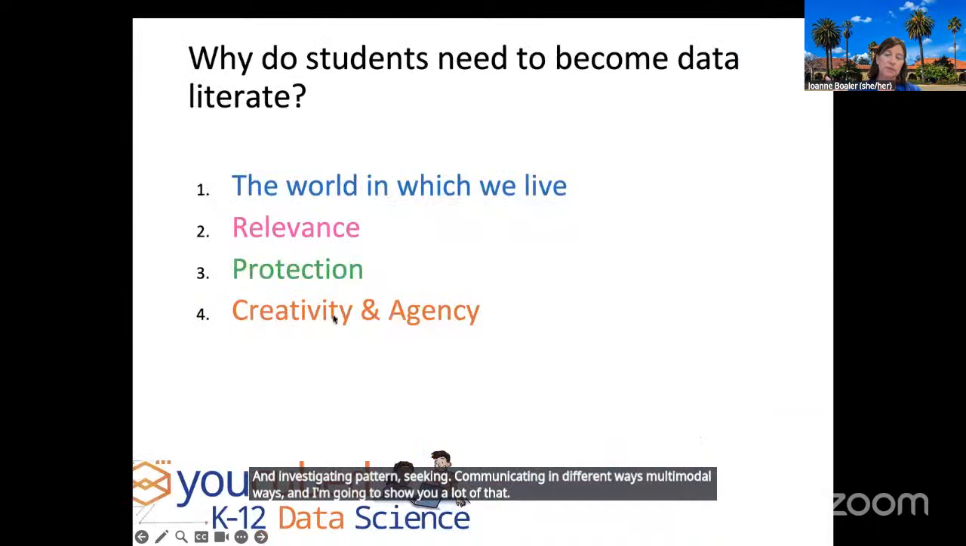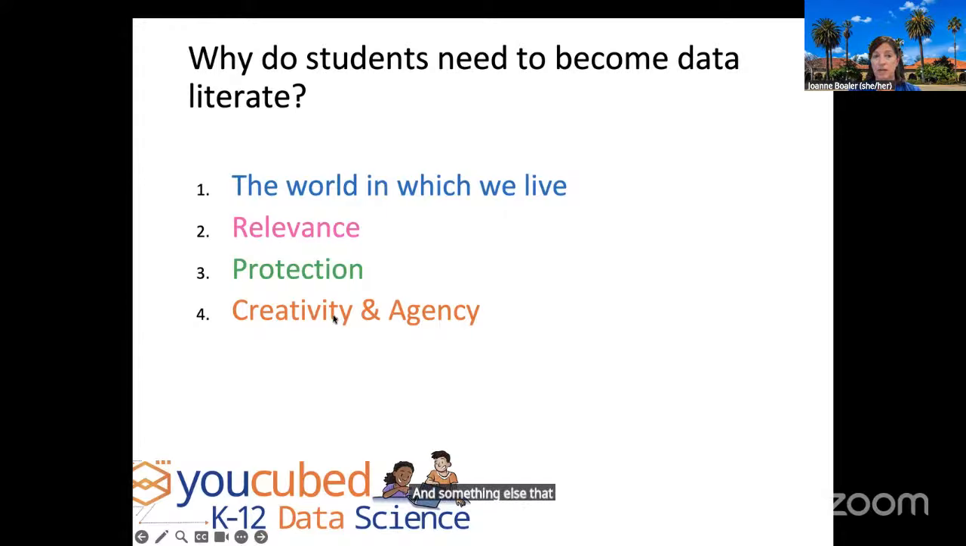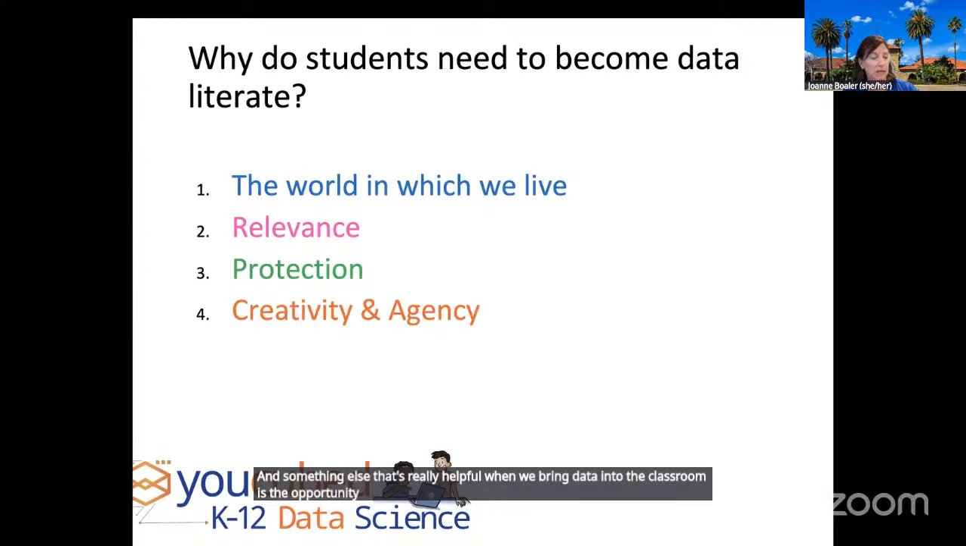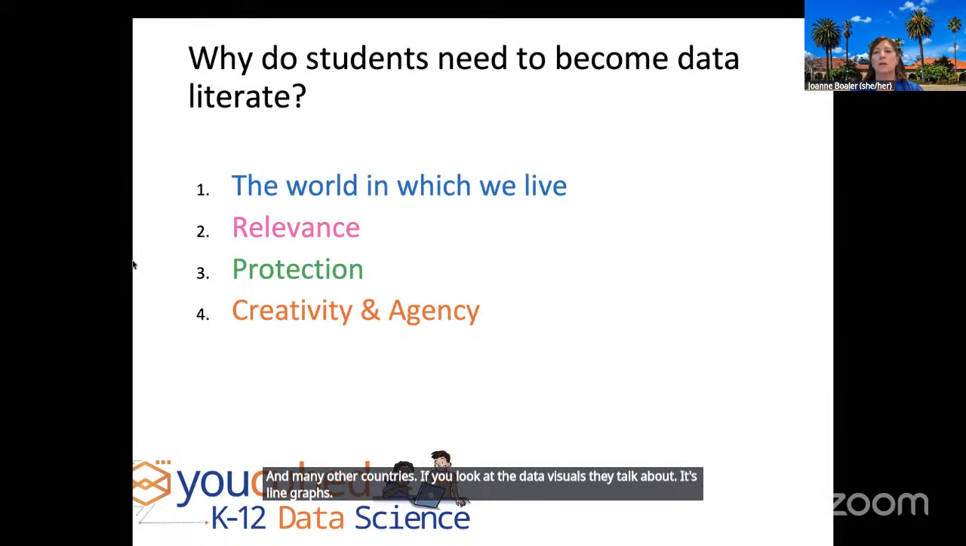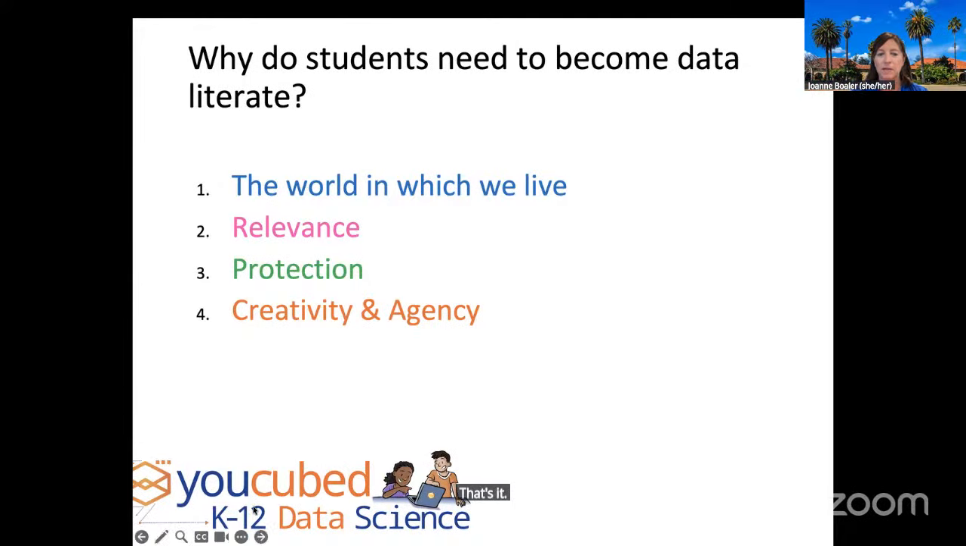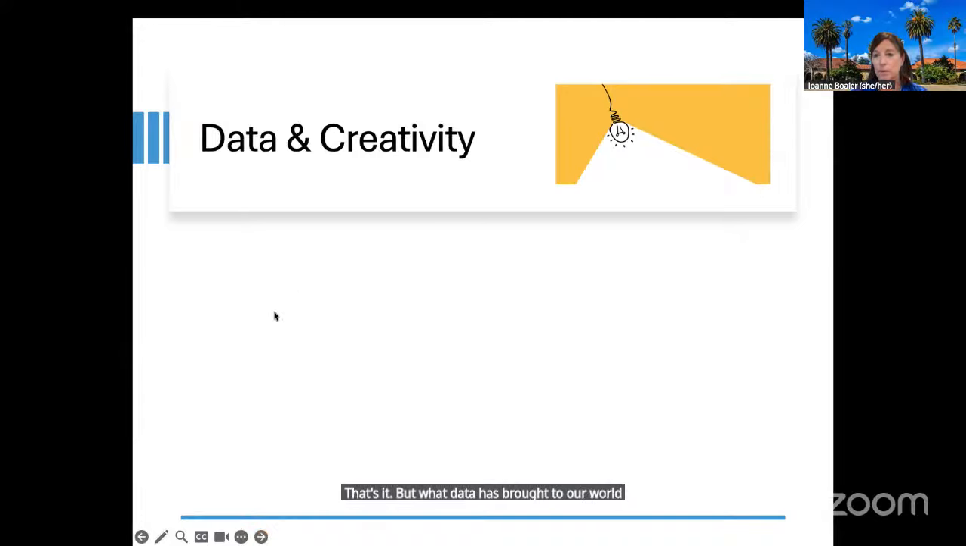And something else that's really helpful when we bring data into the classroom is the opportunity it gives for kids to be creative and use their own agency. The standards that are used in the US and many other countries, if you look at the data visuals they talk about, it's line graphs and pie charts. That's it. But what data has brought to our world is incredibly creative data